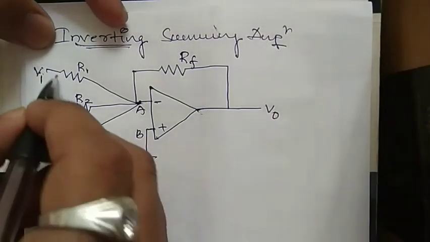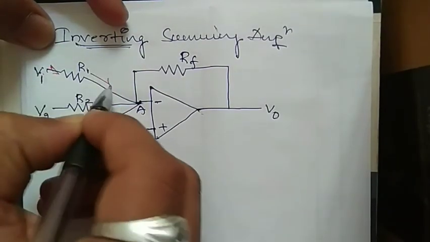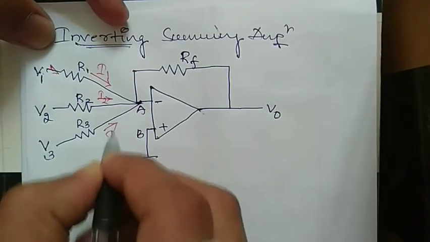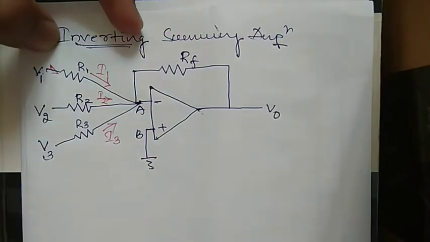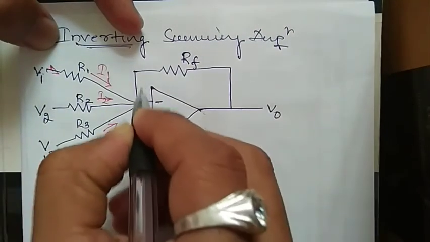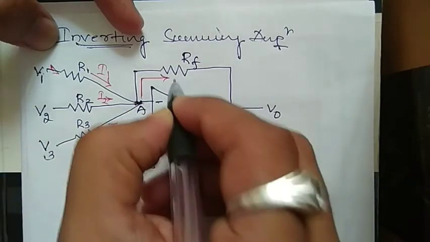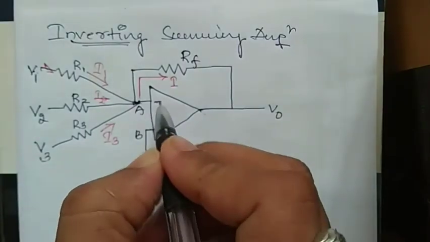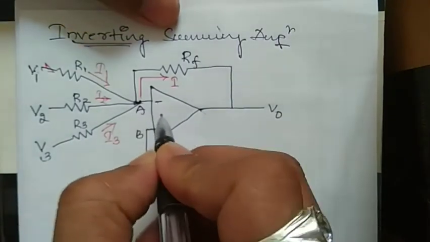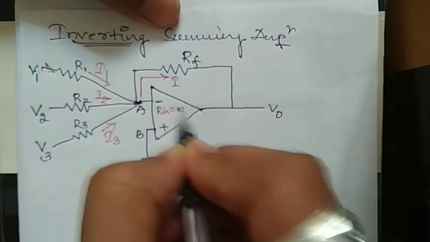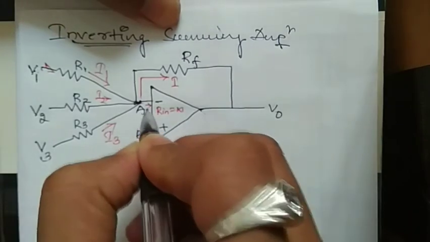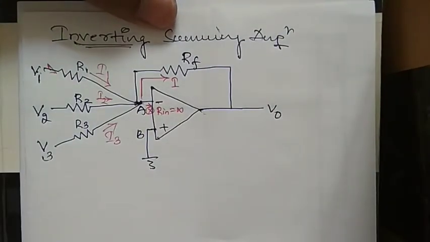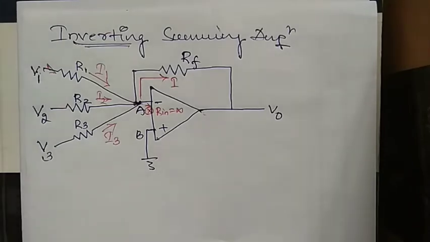Now with respect to that, we have to consider the current direction. First I1, I2, I3, right? And similarly all currents will be defined with respect to the output, that is treated as the I. And ideally, your input impedance is infinity, your Rin is infinity. So Rin is infinity means there is no current flowing through the op-amp network, right? So let me do the small derivation of that.